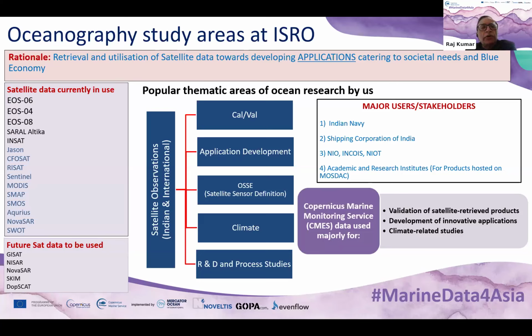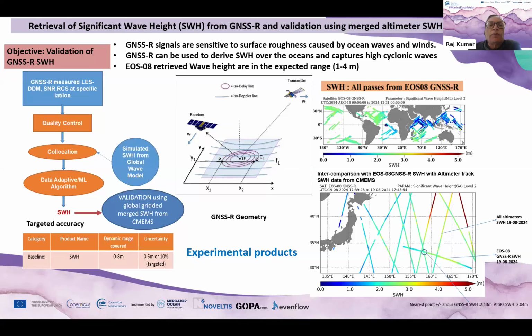For this, we are using our data, as well as the Copernicus Marine Monitoring Service. As Rajat was talking very beautifully, he explained all this data that is there. Some of the data sets we are using for the purpose of validation and applications, as well as climate studies. I will be showing some of the applications, how we are using this data. One of the products we are using is significant wave height from the CMMS